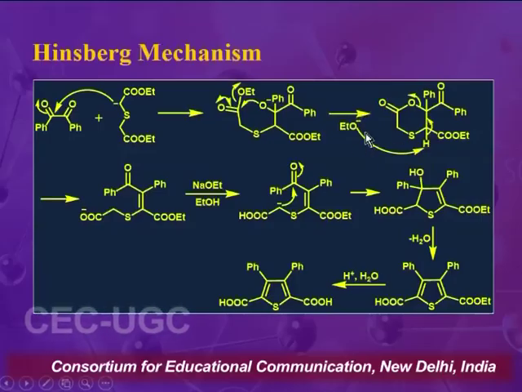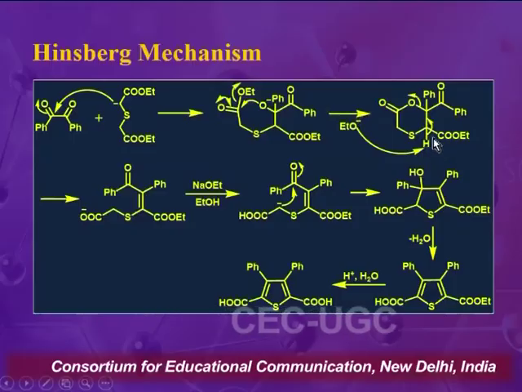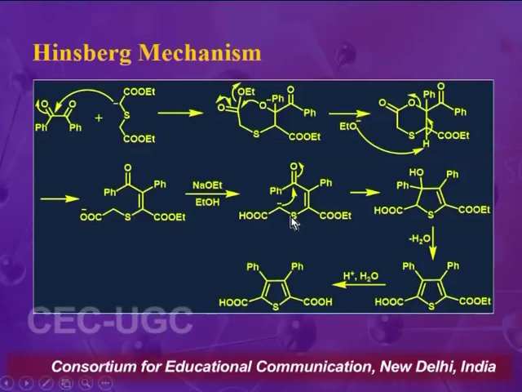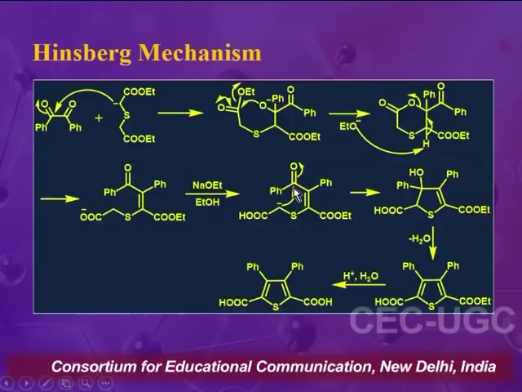Then in the presence of base there will be abstraction of alpha hydrogen, and there will be a ring opening reaction. After the ring opening we will get this intermediate, and further in the presence of base, that is sodium ethoxide, there will be abstraction of the alpha hydrogen, that is acidic in nature, and after the abstraction there will be formation of a carbanion intermediate, and this carbanion will do intramolecular nucleophilic attack on the electrophilic carbon of the carbonyl compound,